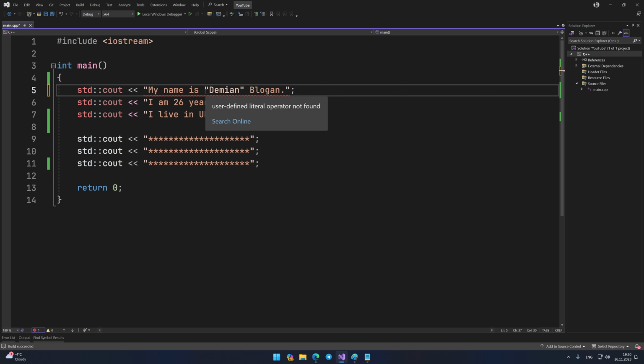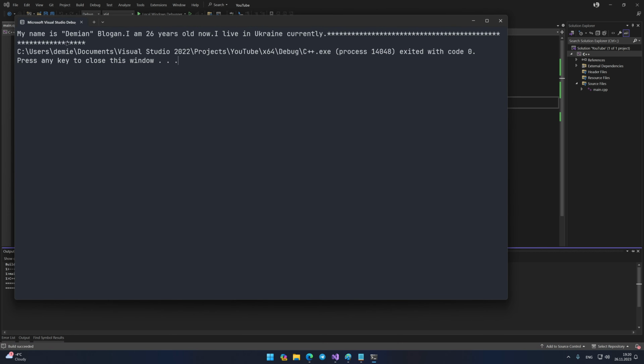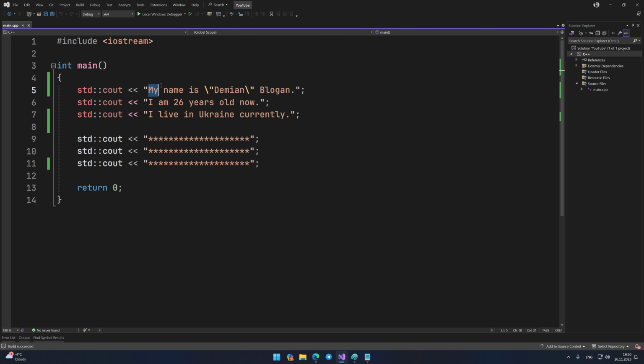Therefore, you need to manually indicate that this quote is another character that is included in the text that you want to display. This is what this escape sequence is used for. You can use it anywhere in the text and in any quantity. The main thing is that the sequence mustn't lie outside the boundaries of the text itself.